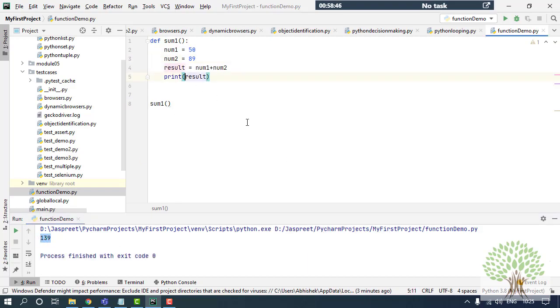I can make it more presentable by saying output is output of addition of.